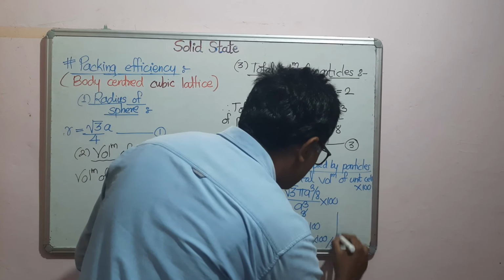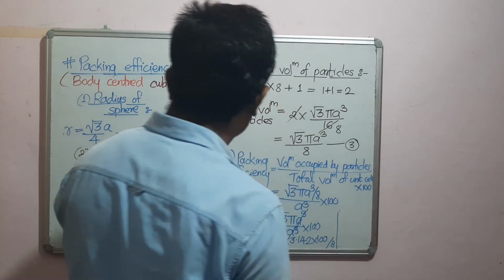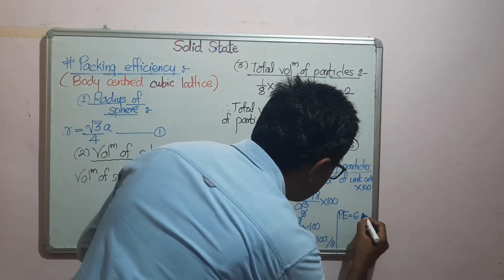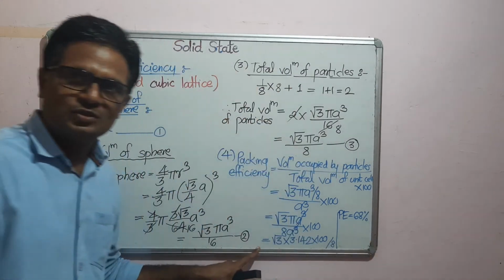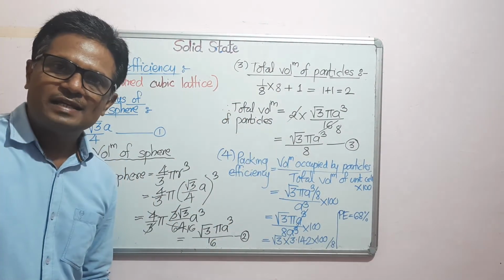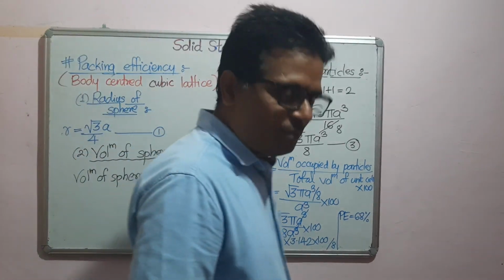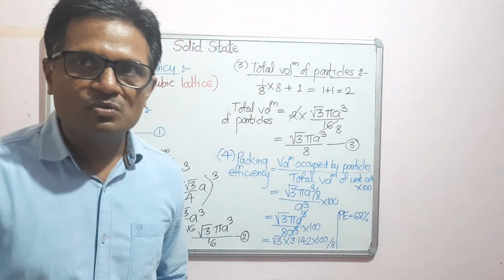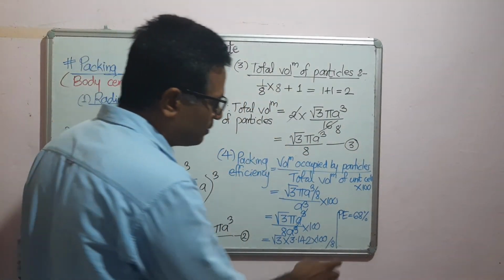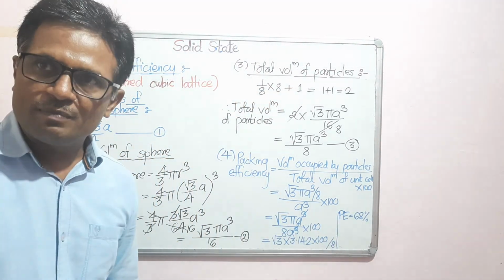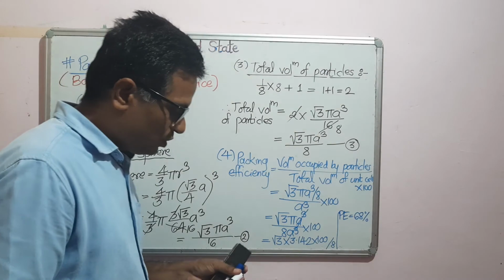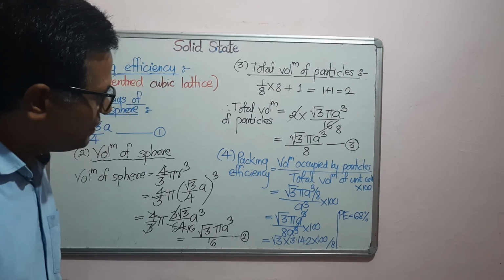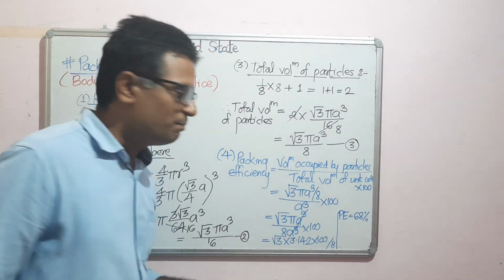So this calculation comes out to be, so packing efficiency here is found to be 68%. So this calculation is equal to 68%. That means in case of BCC, because of two atoms, somewhat more volume as compared to the simple cubic is occupied by the particle, and that volume occupied by the particle in case of BCC is equal to 68%. Okay, now that means packing efficiency is found to be higher than the simple cubic unit cell.